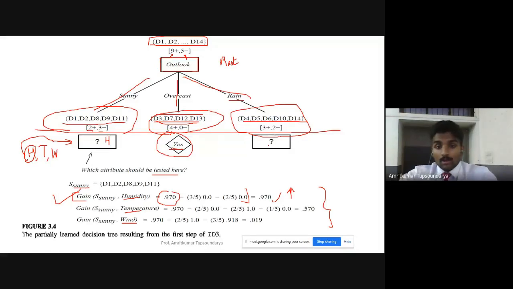Anyways, yeah. So the next part of our tree is to select the best attribute here, right? So in similar fashion, like we computed for sunny, we have to compute it for rainy, the rain condition. In rain condition, for the attribute outlook, what will be the information gain for the attribute temperature or wind? Because there are only two possible values which can go here, that is either temperature or wind, right? So we have to compute the information gain for only temperature as well as only for wind here.